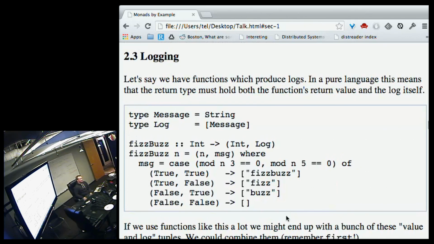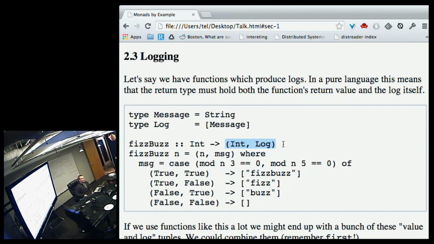And the final example is logging. And this is one of those ones that's really interesting in Haskell, because Haskell writers put themselves in a weird bind where you can't have side effects anywhere. You can't just print out in the middle of a function. You have to do something more clever. You have to do something more painful. And so if you want to have logging in the middle of a function, you're going to have to do something special. In particular, we're going to